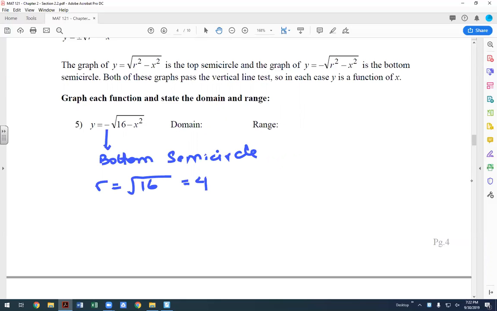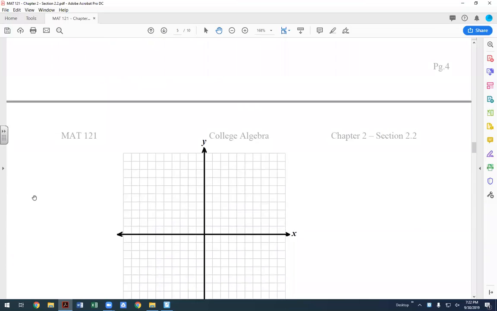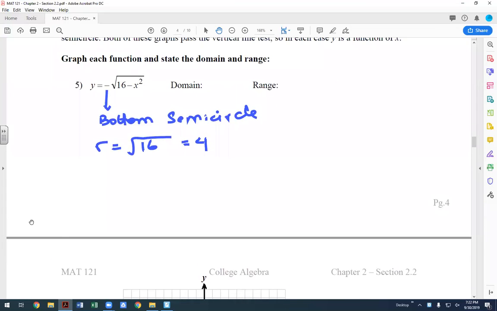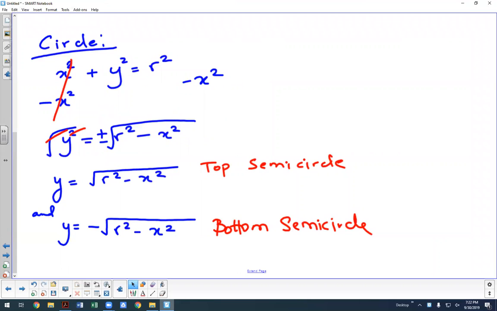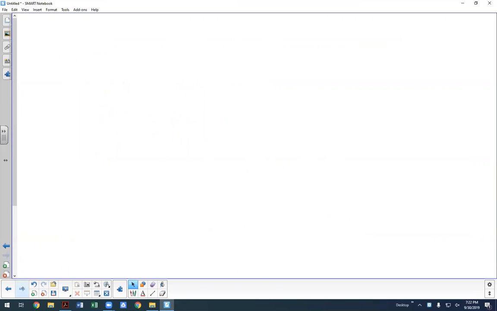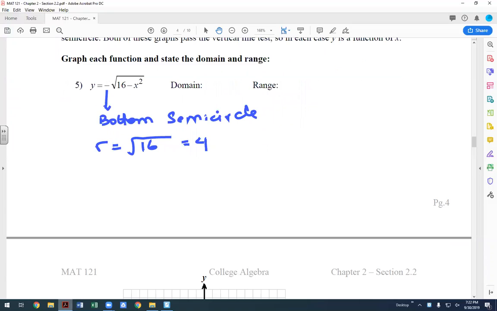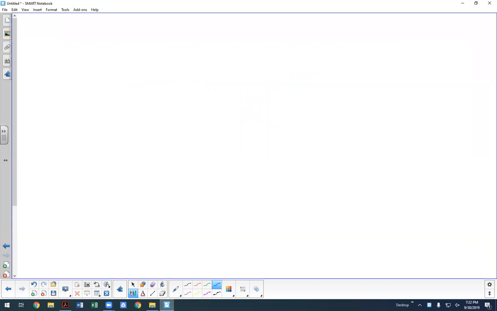Which will be 4. So when you graph your semicircle, you should be able to do that, but again, I'll do this here on our notebook. What number is this? 5. Okay, so we have a radius of 4, and we know it's a bottom